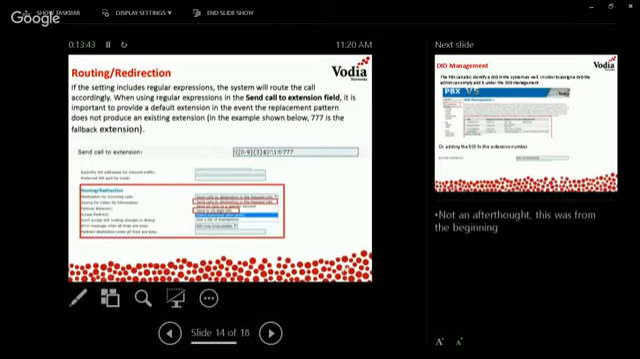But if you want to use a regular expression, this is a very simple expression here. All it says is, when a number comes in to the PBX, I want you to look between 0 through 9, and I want you to match the last 3 numbers. And if it doesn't match